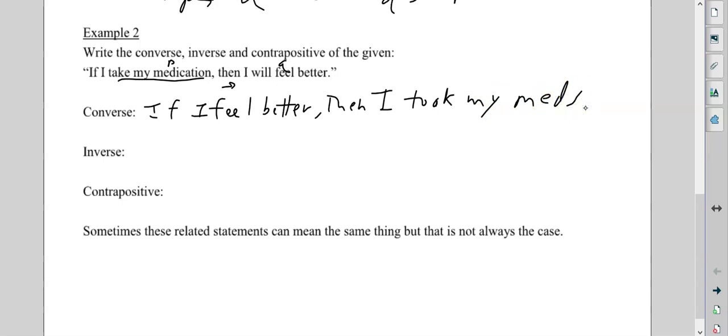Okay. The inverse, remember, is back to the original,